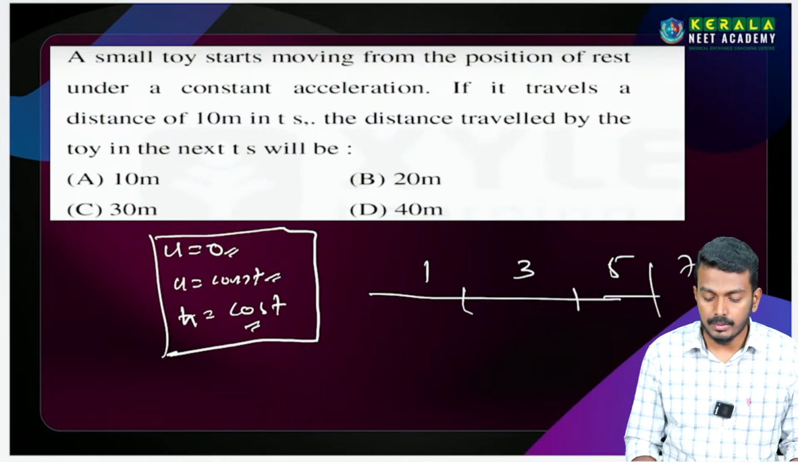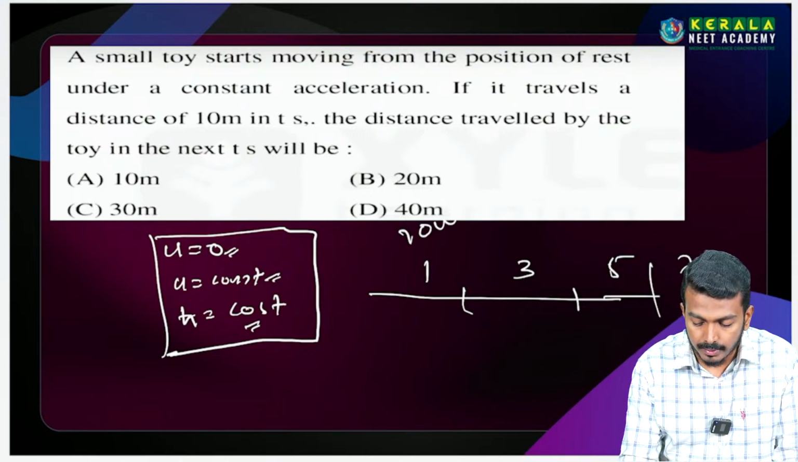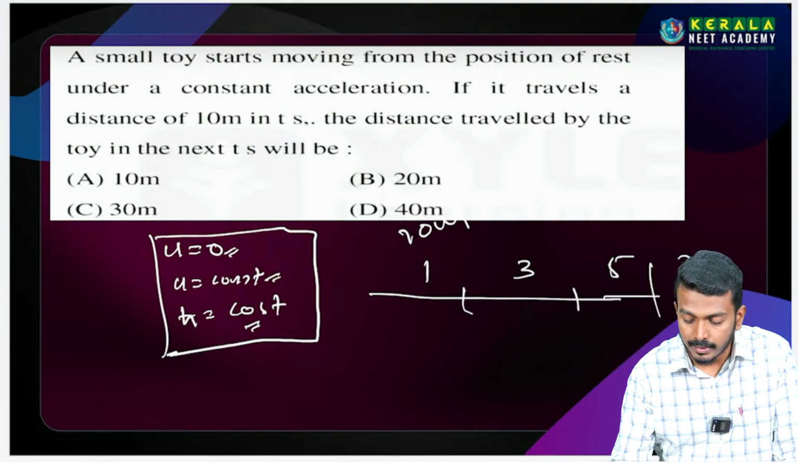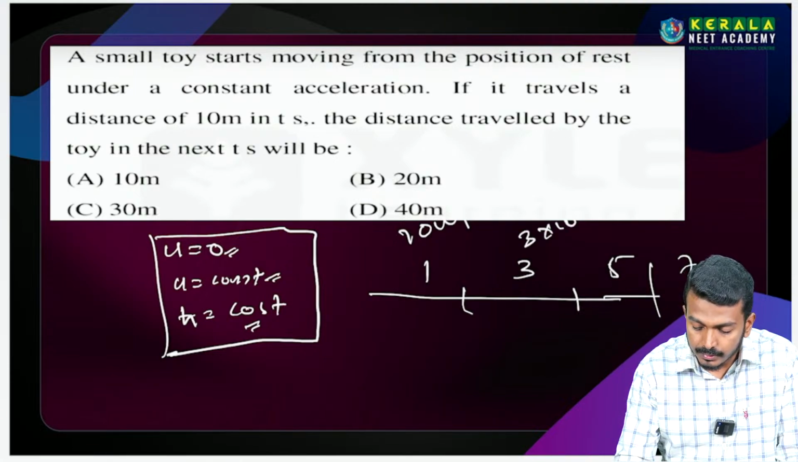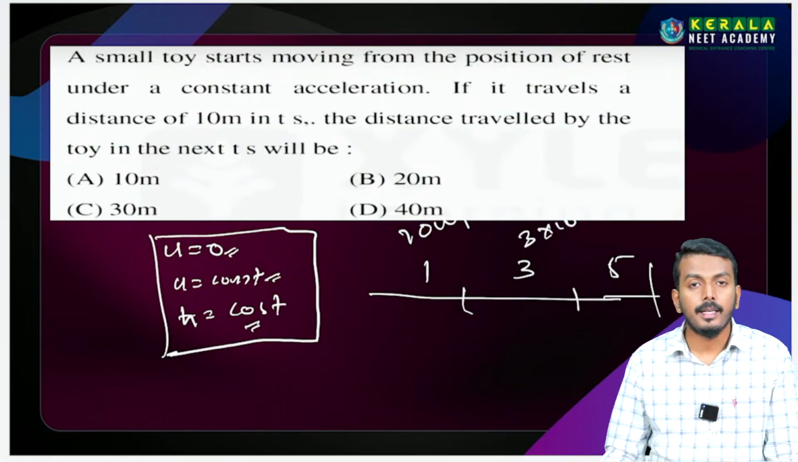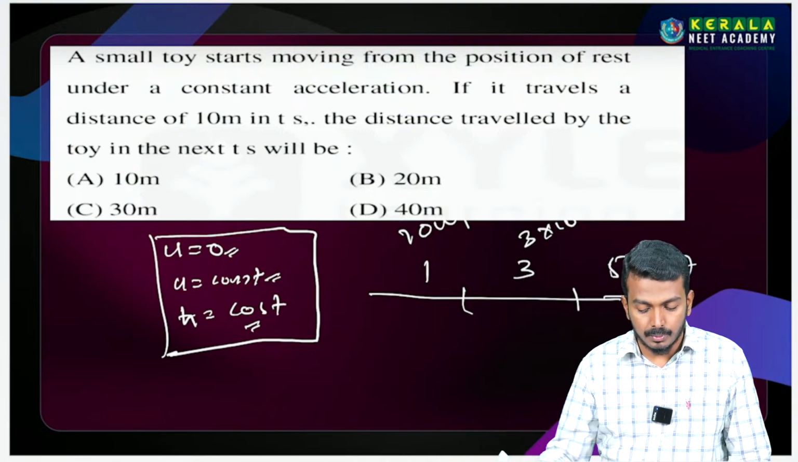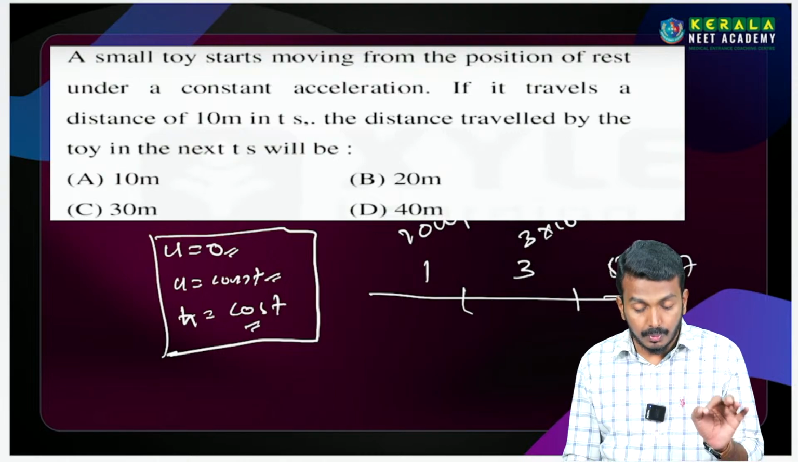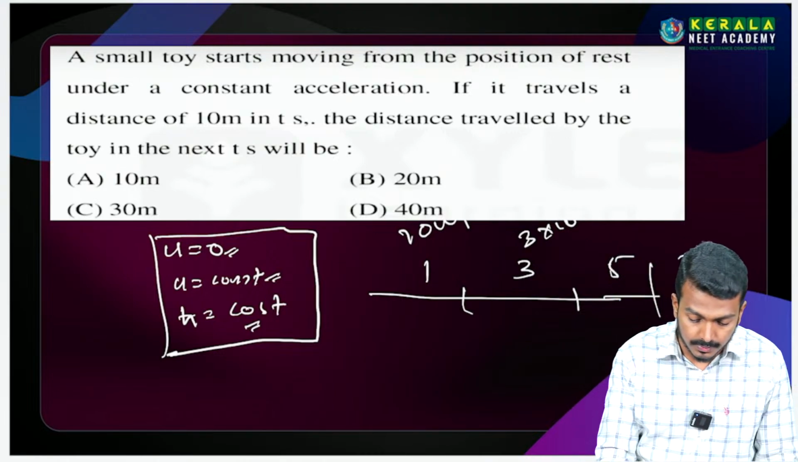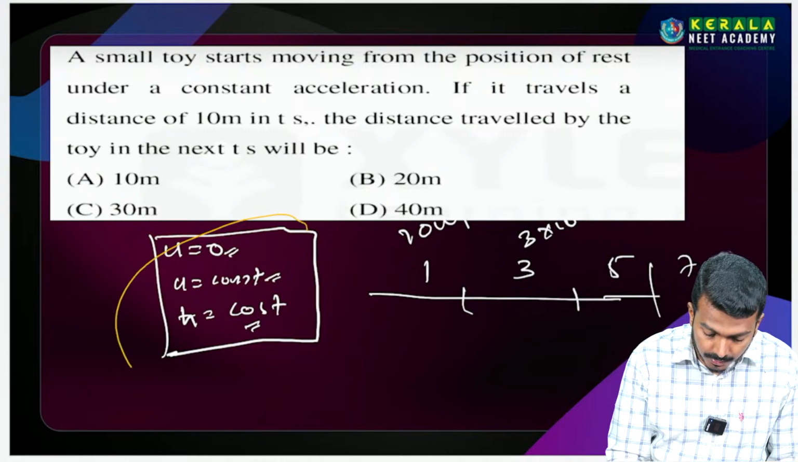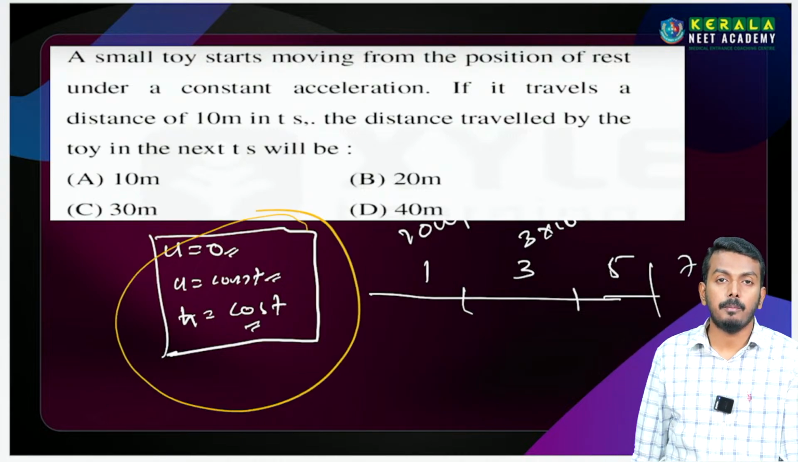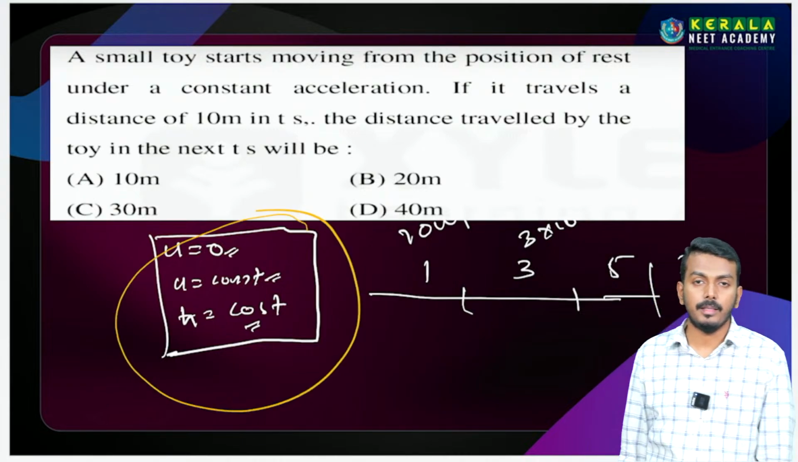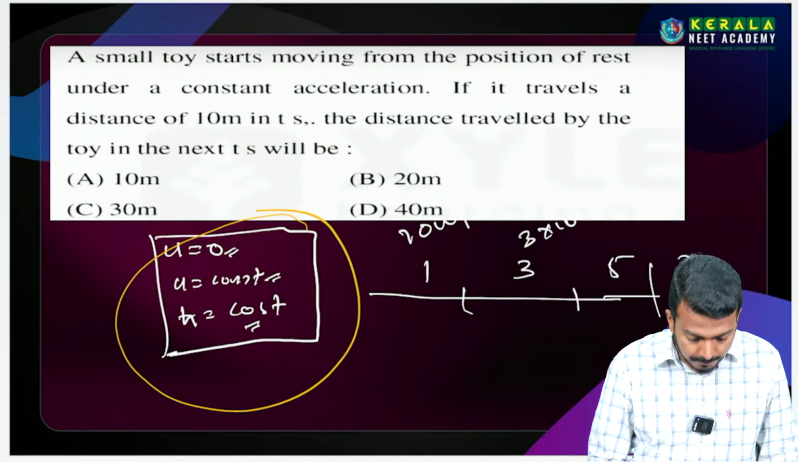So simple. First distance travelled is 10 meter, in the next time interval the distance travelled is 3 into 10, which is 30 meter. Next interval 5 into 10, 50 meter. If you want to apply this, you have to note this idea. If these conditions are satisfied, the answer is 30 meter. Okay. Then next